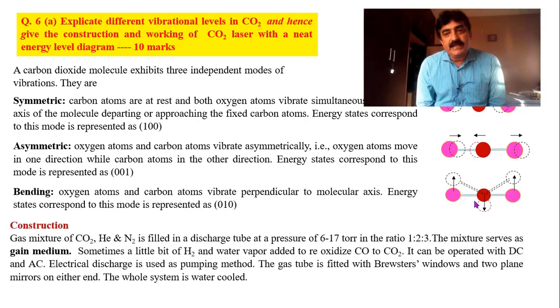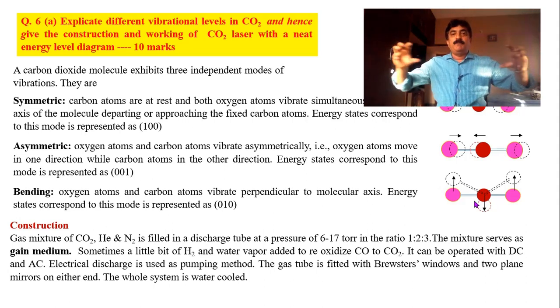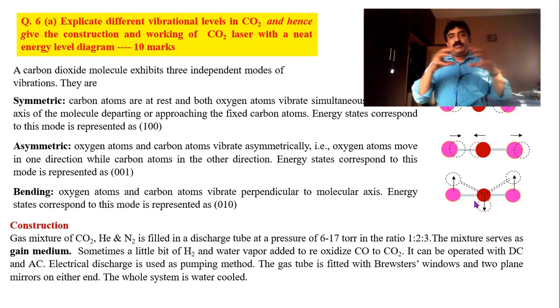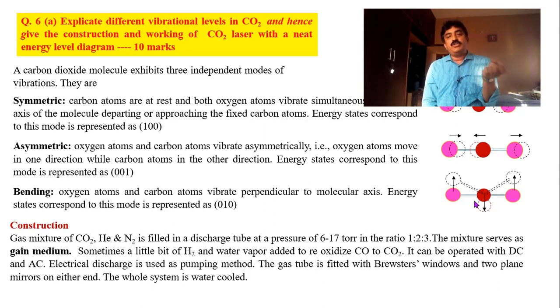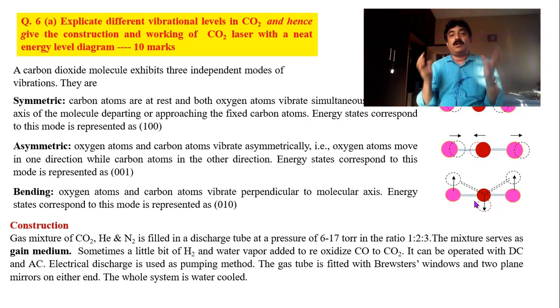In carbon dioxide laser we have a glass tube or quartz tube about 10 cm long, and inside this tube we have three gases, namely carbon dioxide, helium and nitrogen, and they are filled in the ratio 1:2:3, means 1 part of carbon dioxide, 2 parts of helium, 3 parts of nitrogen, and they are filled at a pressure of 6 to 17 bar. High pressure they fill up, and then some part of water, little bit of hydrogen